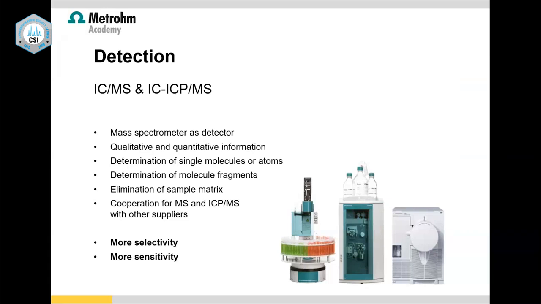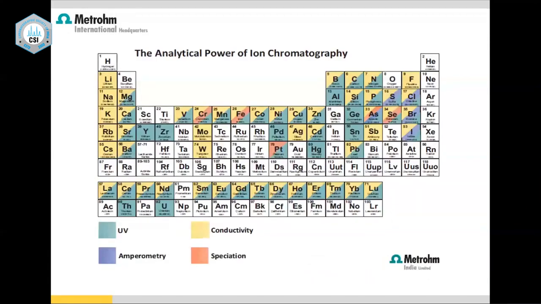So this gives you a comprehensive view of what is possible with ion chromatography. With respect to the periodic table, all those which have color, Metrohm has methods. We have established methods, be it whatever matrix, we can do it for you. And here, the most important thing I want you to observe is not only what the key says about which detector can be used, the most important thing is you can do speciation.